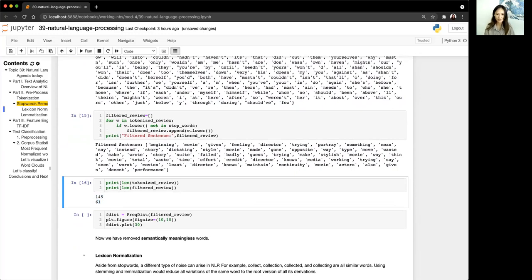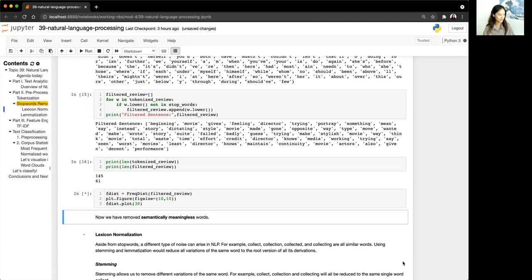This is different from when you're dropping null values and cleaning up your data frame, where you typically don't want to lose too many rows. However, stop words are not really data that you're using. Because these stop words are not semantically useful, it makes sense to save your model the redundancy of processing all of this text. It's usually better to drop stop words. So even though we've gone down from 145 words to 61, that's okay because the core meaning of this text should still be preserved. Let's take a look at the frequency distribution now.